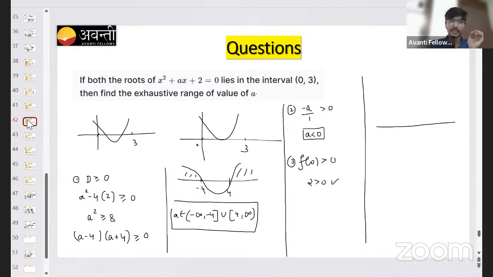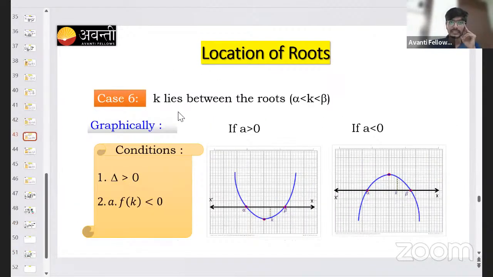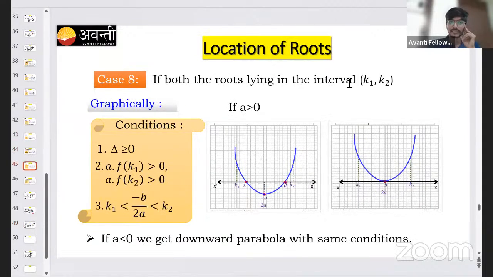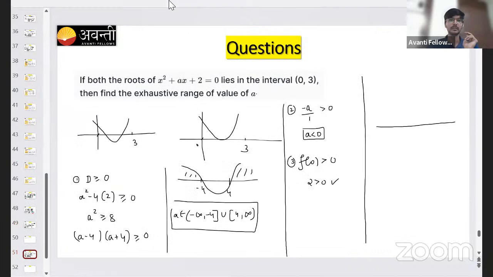In the interval का केस अपने को आया था ना, k lies between both roots lying in the interval. Yes, both roots lying in the interval ये, तो 0 और 3 पे both roots है। करेक्ट। सो डेल्टा तो ले लिया हम लोग ने। सम ऑफ द रूट्स माइनस बी बाई टू ए शुड बी के वन और के टू के बीच में, राइट। और दोनों ग्रेटर देन 0। अच्छा, वी मिस्ड वन कंडीशन क्या? हाँ, हियर वी डिड सम मिस्टेक।